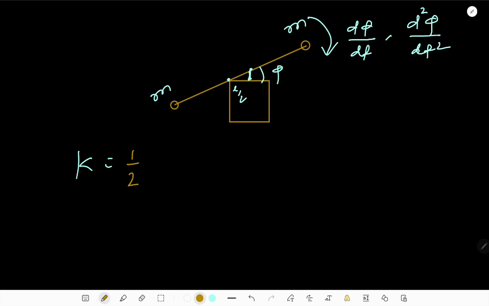I means moment of inertia, and for this small ball, its size is negligible, so it can be treated like a point. So its moment of inertia can be simply written as m l square, and to do so we will be needing this length,